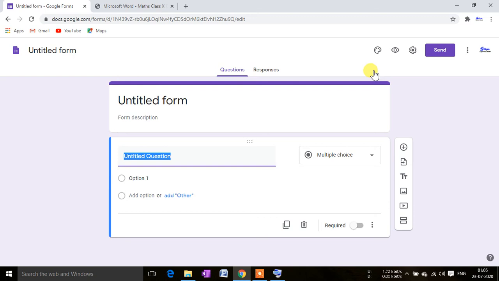And when you are making questions, if you are not a typing expert, then it will take too much time. So here you can use the option to upload the questions. I am not going to ask anything here, I am just going to ask the name of the student.